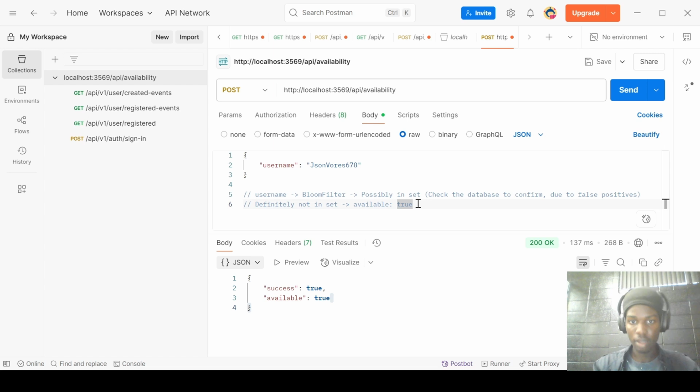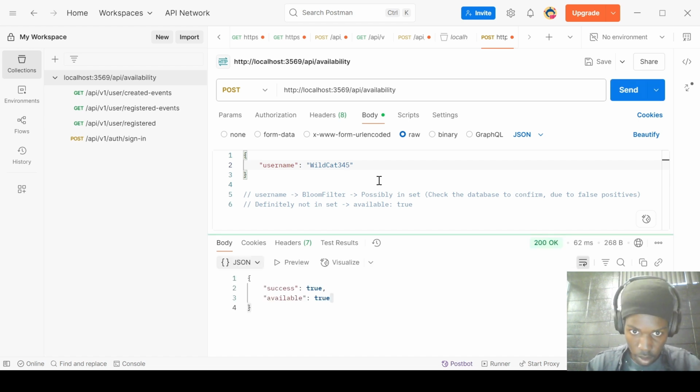So yeah, that's it. We can try other usernames to see how it actually works. So I guess we're done. We achieved the flow that we talked about initially. But to really know if it works, you have to try some other usernames, like Wildcat34. Okay, this username is available. Maybe try something like